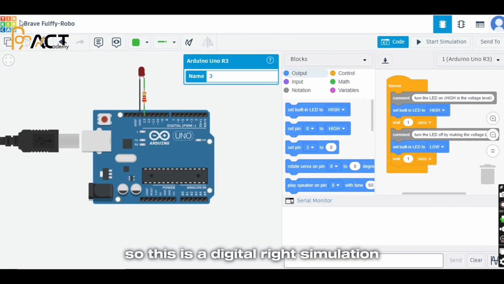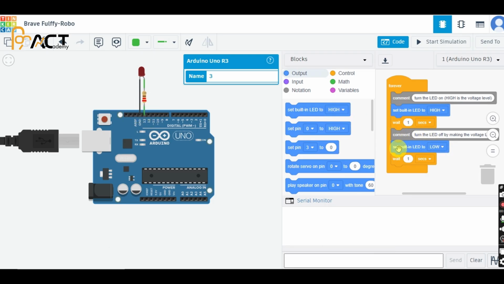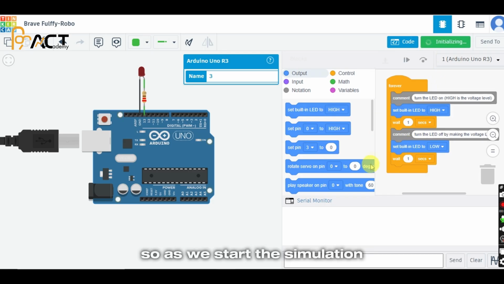So this is a digital write simulation. You can see here in the code, this code sets high the pin for 1 second and then sets low the pin for 1 second. You can see here it is not mentioned the pin name because this 13 pin is already built in connected to the Arduino Uno. So as we start the simulation,